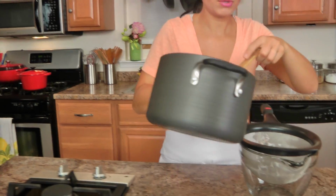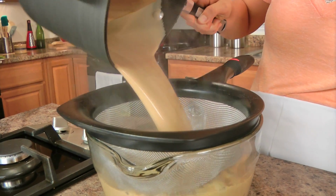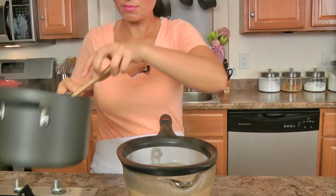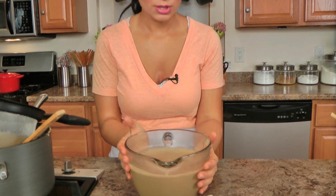So now what I'm going to do is pour this through a sieve just to catch anything that might have curdled, or any coffee bits and pieces that didn't totally, well, they all did. Anyways, precaution. I'm going to let this cool a little bit at room temperature,